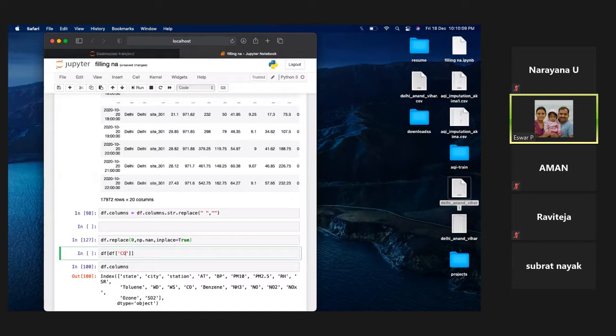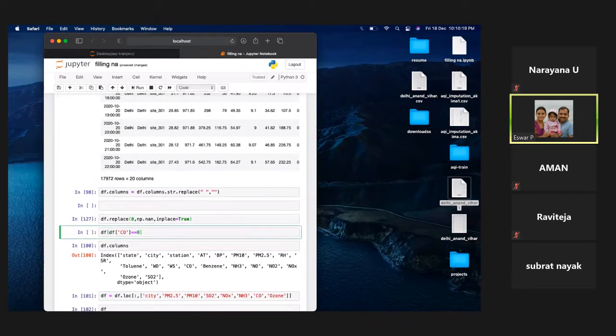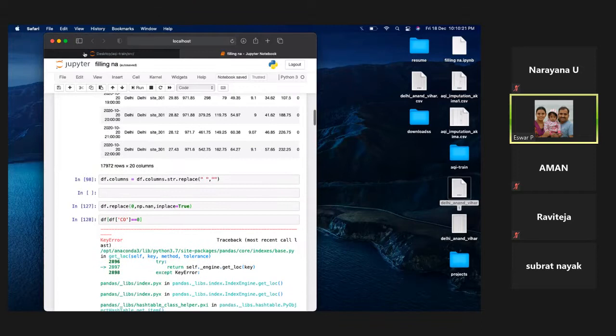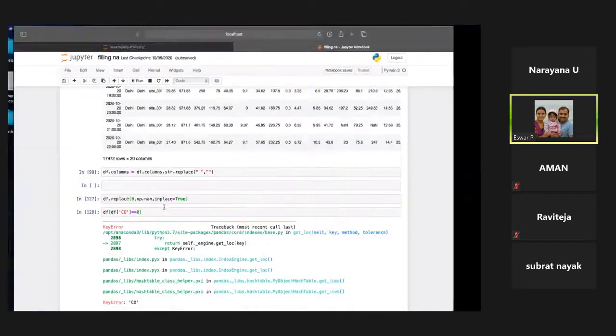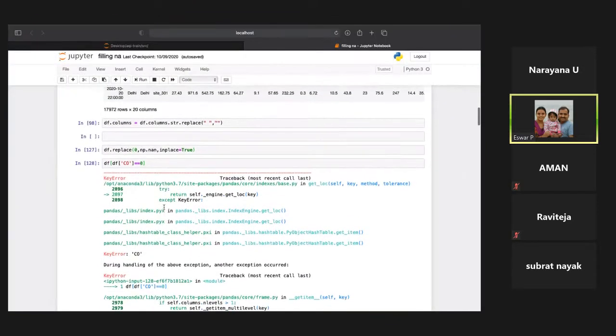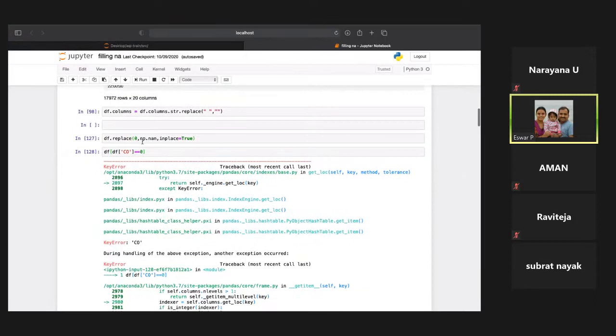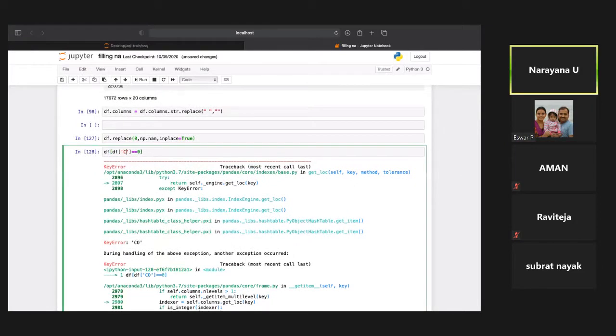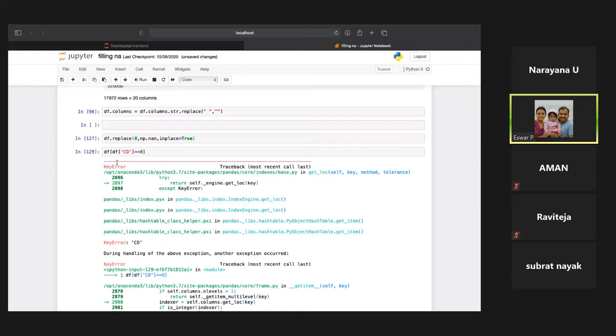So CO is equal to 0 in the same bracket. Is O capital or small? O is 0, right? That is 0. Again 0 you're typing, I think.